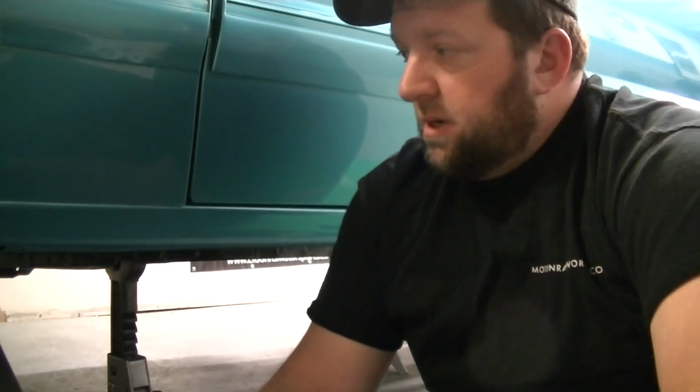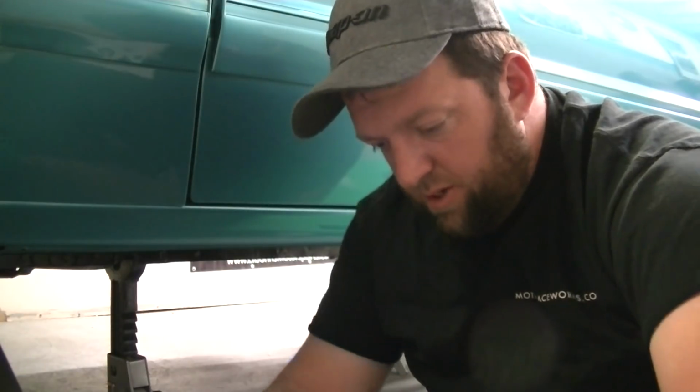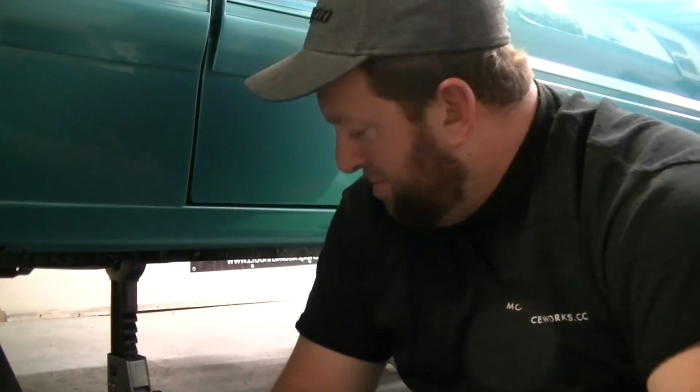That's the easiest way. Or if you don't want to draw on your nice parts, like I don't, I would put a piece of masking tape on there and just do that. So I'm going to measure right now and get the center of the car. This is a little bit easier with 2 people, but